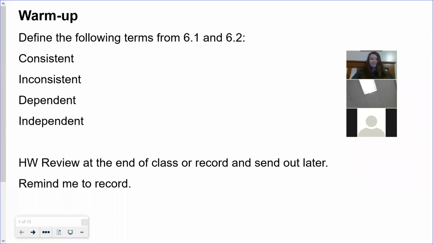All right, guys, so here are 4 vocabulary words that I wanted you to look at, and we're going to define those. So first off,